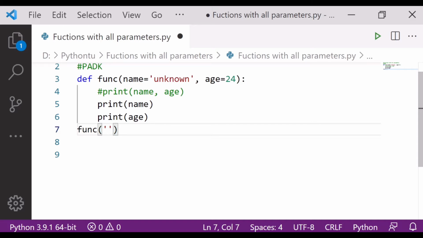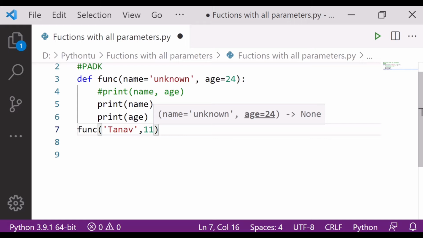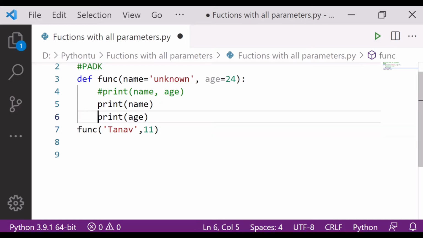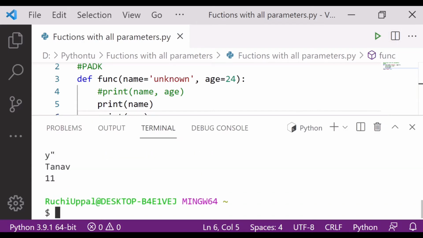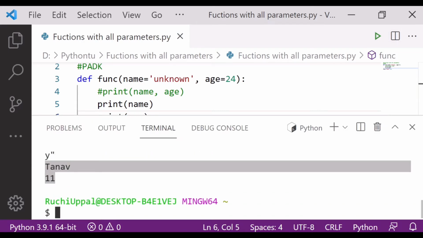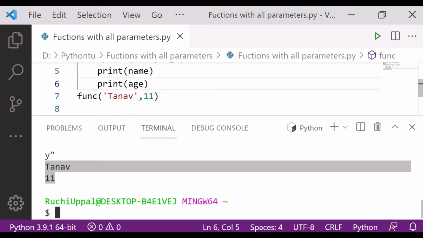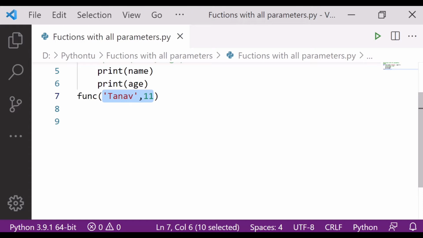Suppose I'm writing here like Tanaf, and age here I am mentioning 11, Control S, and let's run it. So here is the output. Why is this giving it now? Because I have given the values while calling the function over here. Whatever answer I want, I already mentioned over here.